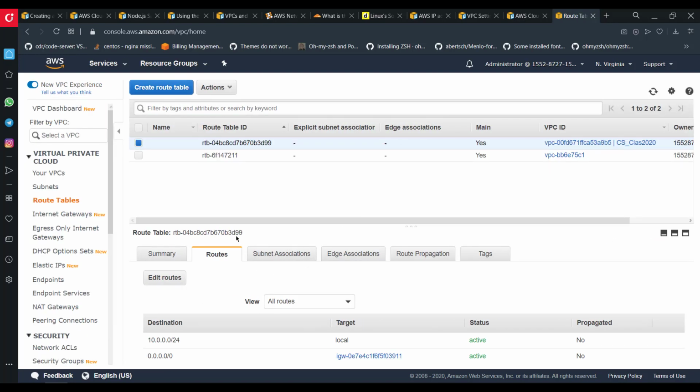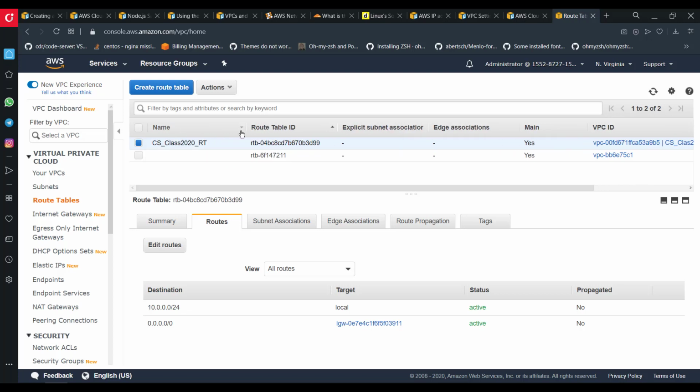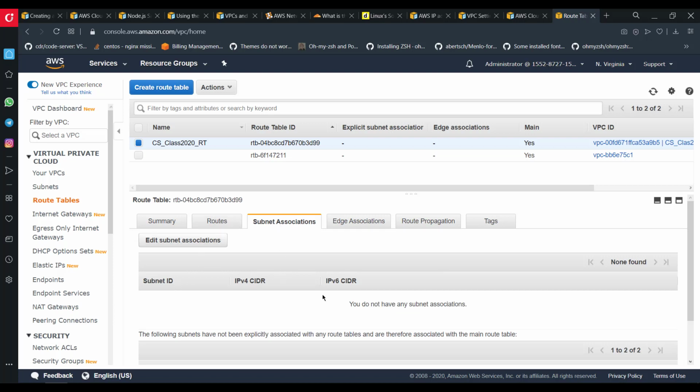All right, now if you looked at the routing table, I'm just gonna name this CS class 2020 routing table. Okay, so this is our routing table. It has now two routes. The local one, which means that any IP address can communicate with any IP address within the range of IP addresses given by the subnet of this VPC. And as I told you, you can now send traffic to the internet to any IP address out of this range. If you looked at subnet association, you would see that there are no subnet associations yet, meaning that the